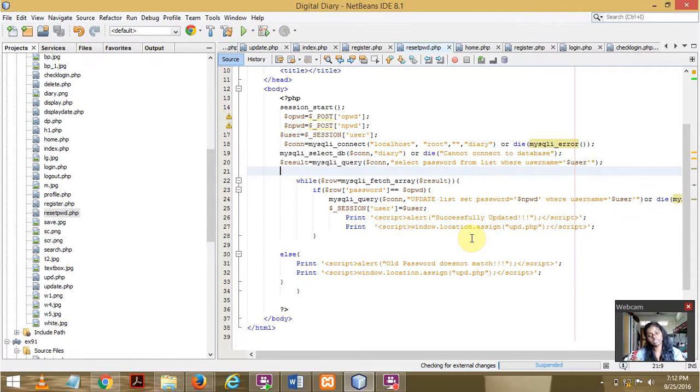and it will redirect me back to the update page. And suppose the old password does not match, that is, the if condition is not satisfied, then it will come to the else condition, that is, it will give an alert telling the old password does not match, and it will again redirect me to the same place to give the new inputs. So that's all with my